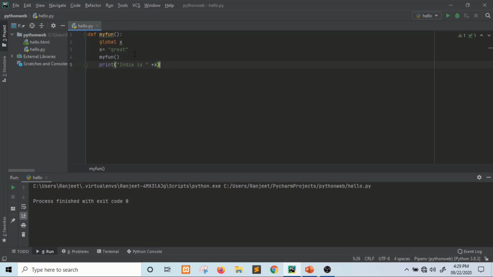Right, so my function with the function name, and this is the x variable. We defined this variable x as a global variable by using the global keyword and assigned the string value great to the variable x, and then call my function. Right, then print and access the x value.